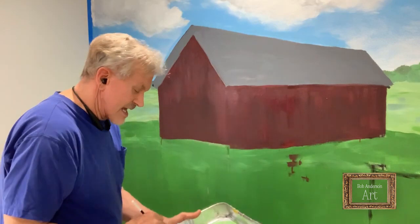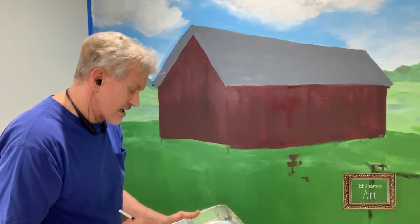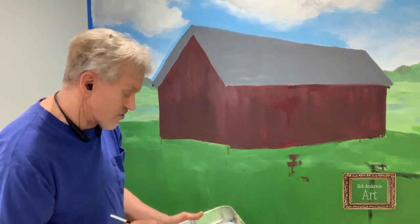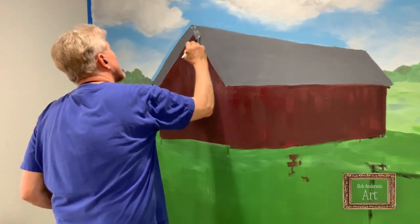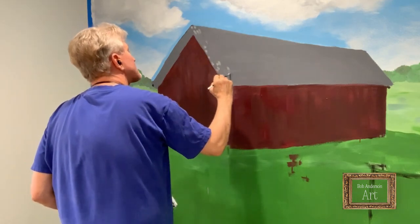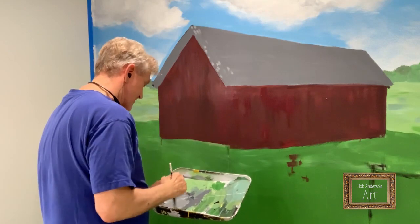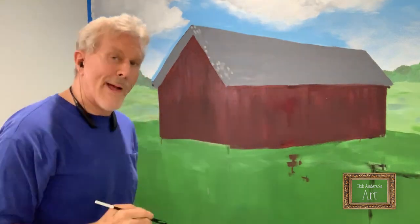Okay, so again, I take black and gray and mix black and white and mix gray. I'm just gonna start mixing different shades of it. And you can even put, if you want, greens or blues, which I will eventually, because the way I paint